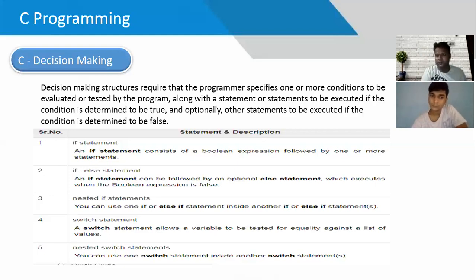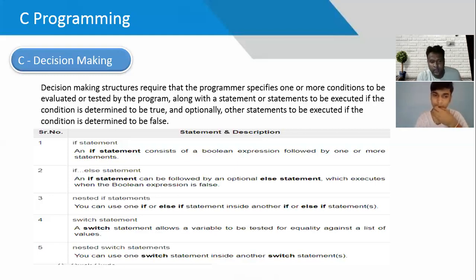If it is matched, then the corresponding case statement is executed. After getting your result, there is no need to search the other cases, so at that point we use a break statement. The break statement is used to stop the execution.